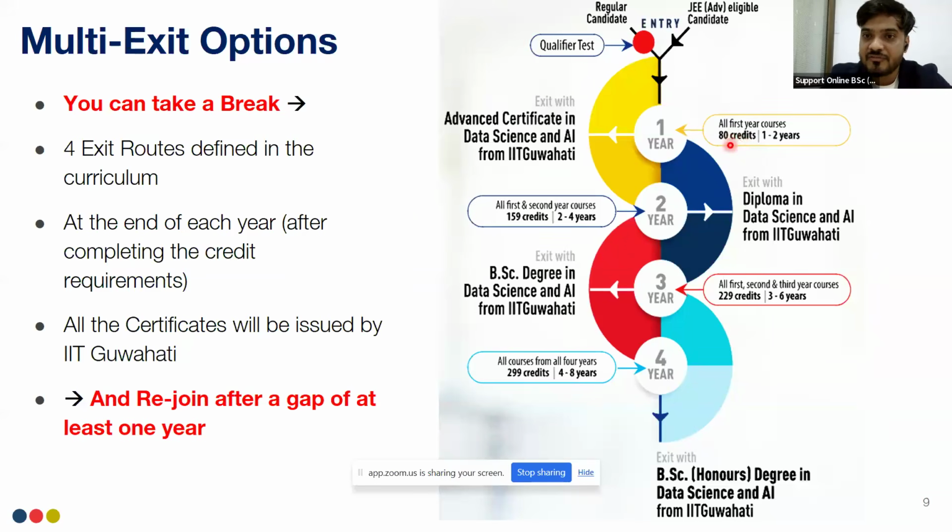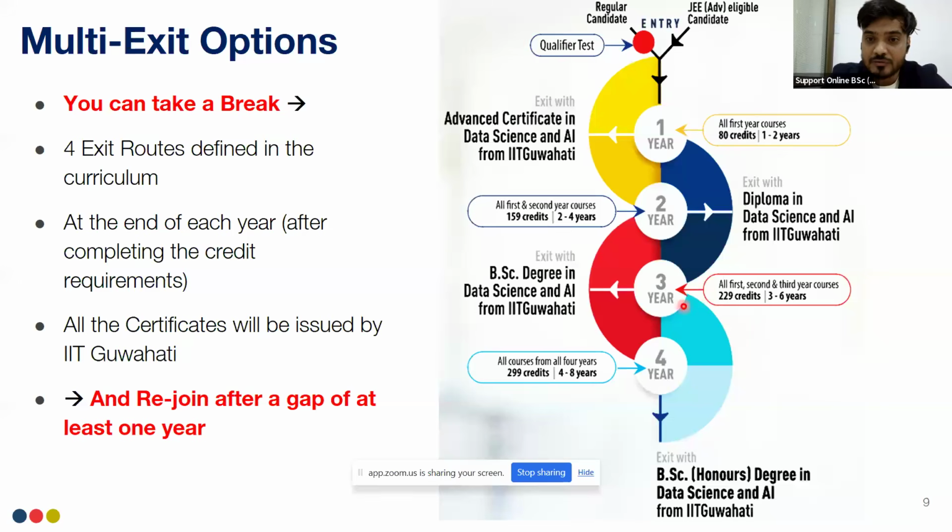Upon completion of first year courses, you will be given an advanced certificate in data science and AI. Similarly, upon completion of your second year, if you want to exit, then 159 credits should be completed, and you can exit via a diploma in data science and AI.